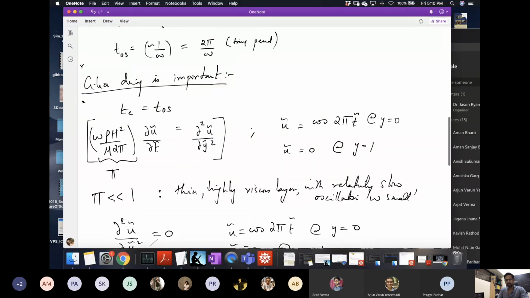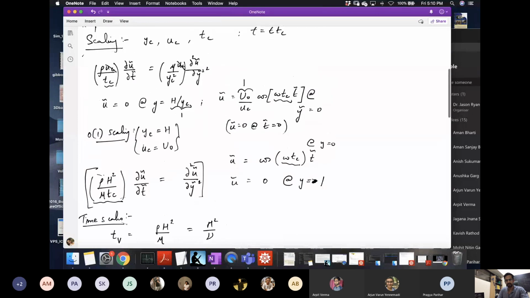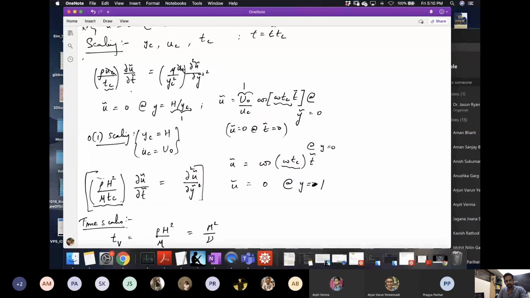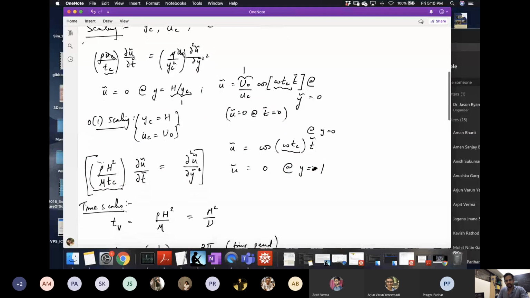So we come back to our scaling, the original scaling here. When we had scaled this problem, remember, we had y characteristic, which we had chosen to be capital H. That is because at that point we thought we will study the problem from 0 to H throughout the whole channel. Now we are saying, no, I have a very large frequency, a large value of pi. So I know that the relevant case is only close to the wall. So instead of scaling yc by H, I will scale yc by delta, where delta is this boundary layer. So the relevant thickness now is only the boundary layer, and I'm interested in y only from the bottom wall up to this boundary layer delta. So I shouldn't scale it with H, I should scale with delta.